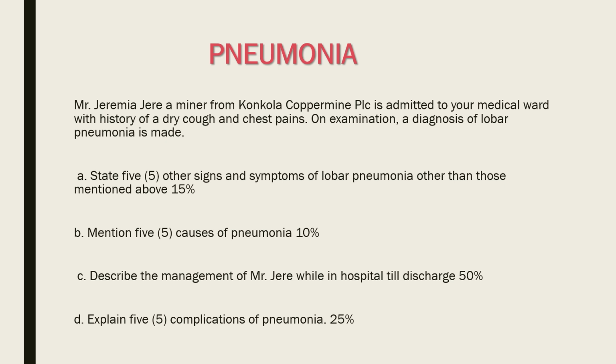So under nursing care, what do you need to consider? 1, environment. Under environment, Mr. Jerry will be nursed in a well-ventilated room to prevent other respiratory tract infection. He will be nursed in a well-lit room for easy observation and for orientation to time and place. So the patient is going to be nursed in a general ward, but reverse barrier nursing will be used to prevent acquisition of nosocomial infections.